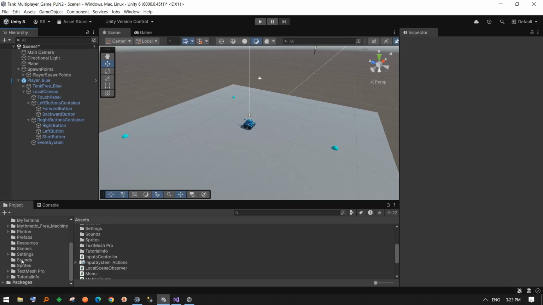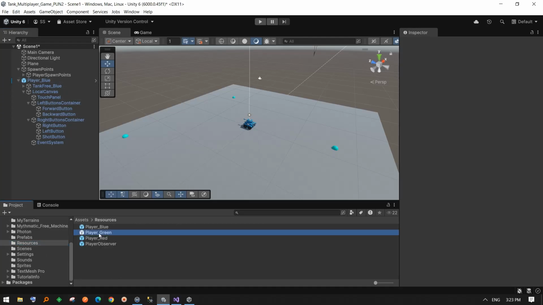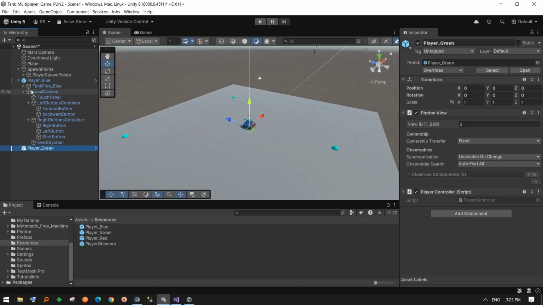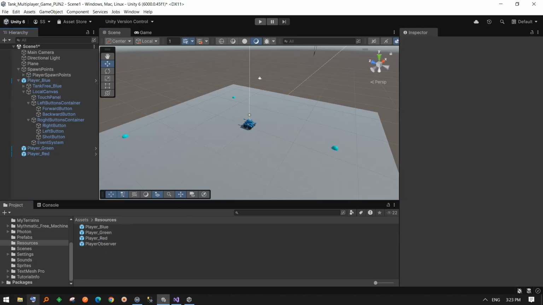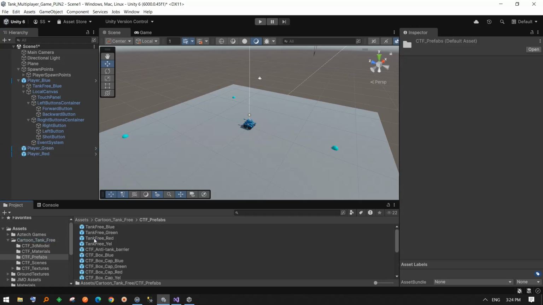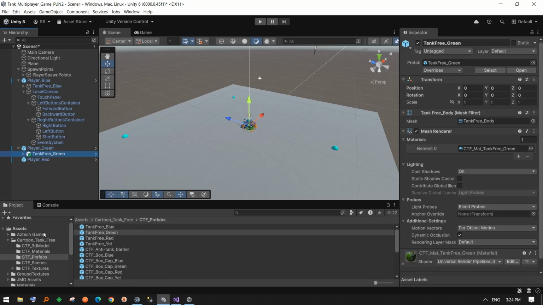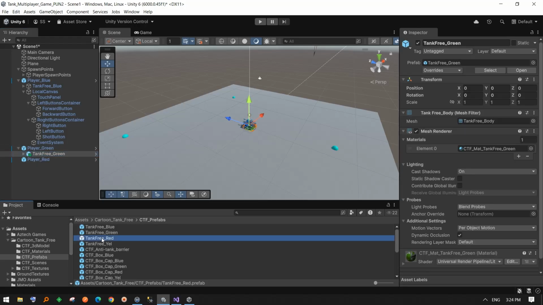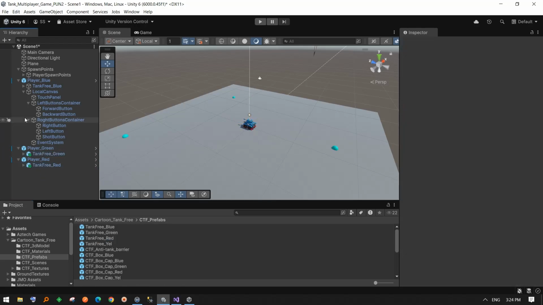Go to the Resources folder and add the remaining players to the scene. For these 2 times as well,